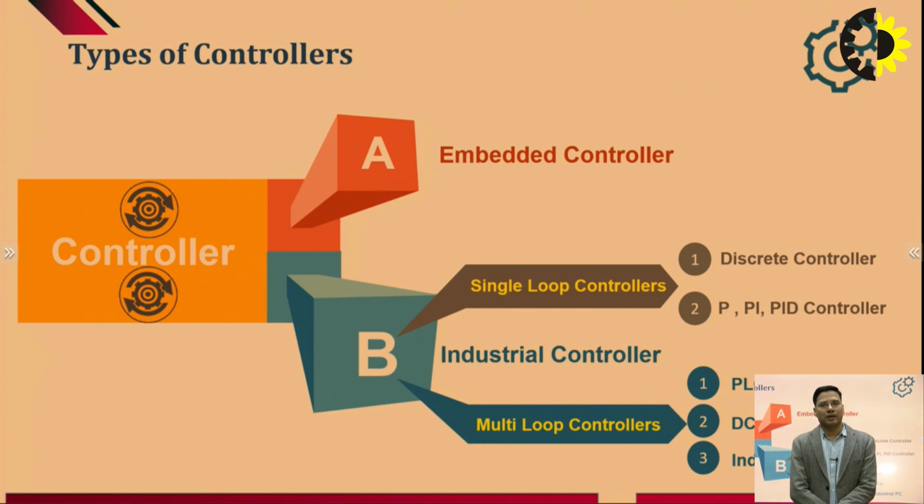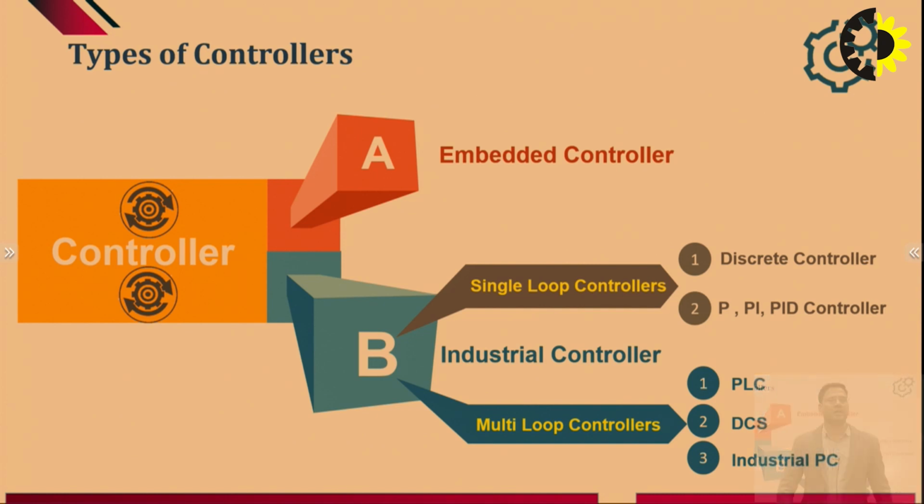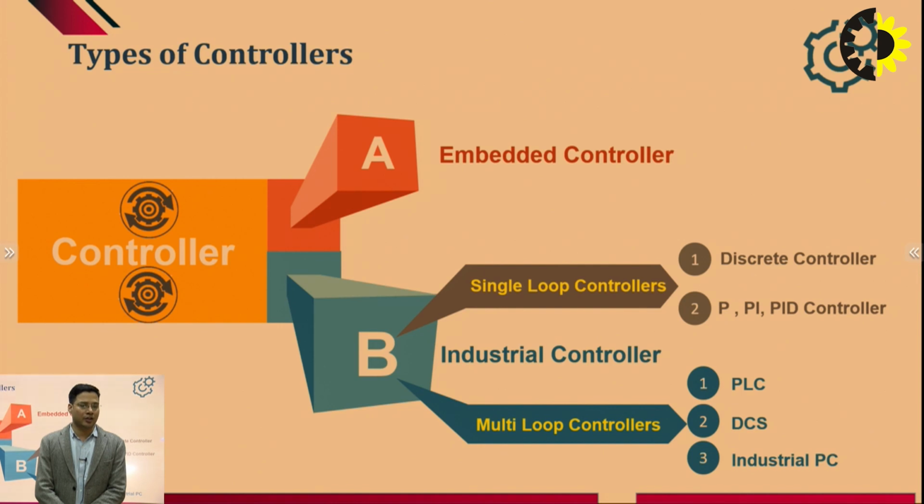Okay. Now as we have discussed the basic element of the sensing part, then comes the controlling part, the controllers. In industries or in any form of operation, we have two different types of controller. The first one is your embedded controller, the other one is your industrial controller. These embedded controllers find their application in household devices like air conditioners and refrigerators, wherein a repetitive task is performed continuously.